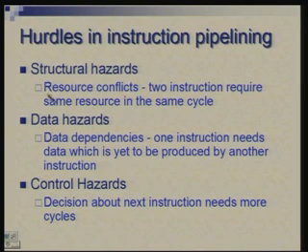Structural hazards are basically resource conflicts, where two instructions are trying to utilize the same resource at the same time. If one instruction is utilizing the ALU in one cycle, and in the same cycle another is utilizing the register file, there is no conflict. But if two instructions want the same thing, then there is a conflict and the pipeline gets choked. Why would this happen? This could happen if the pipeline is not a linear pipeline. We have shown a very ideal linear pipeline where nothing comes back.